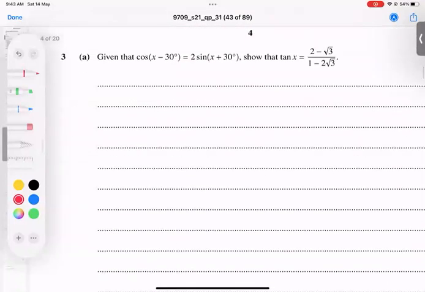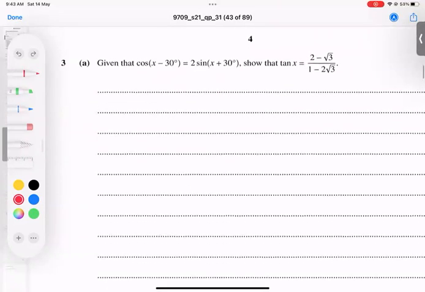Question number 3, here we have to show, given that this link is given, use this link and show this result. And we need to prove tan, but here we have cos and sine. The fundamental rule of cos and sine is available in the formula sheet. So when cos involves cos first angle, cos second angle, opposite sign of it, sine first angle, sine second angle,